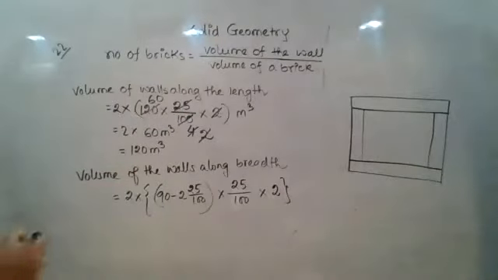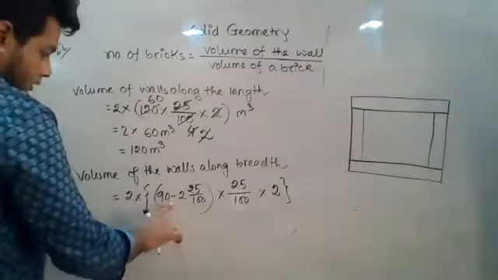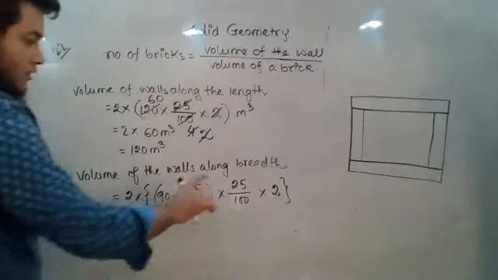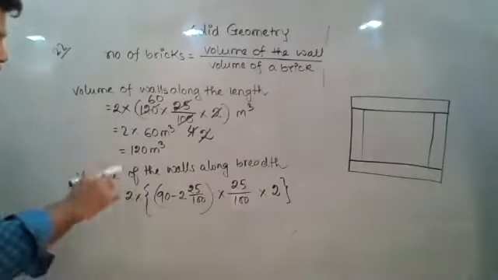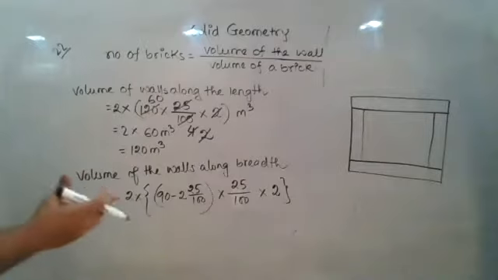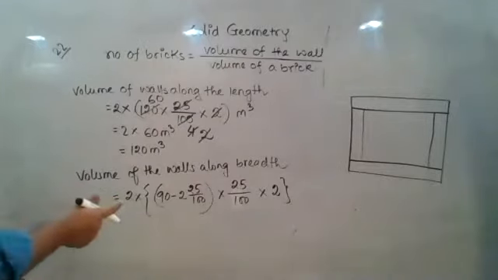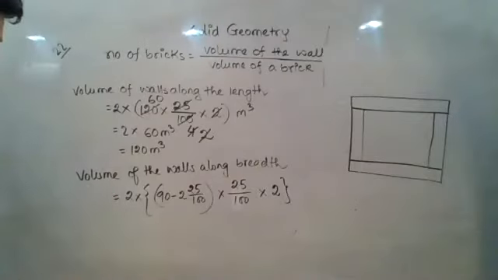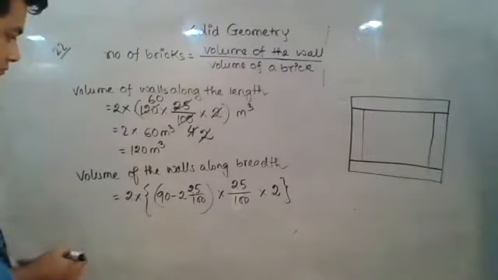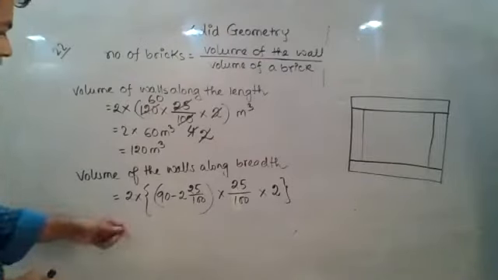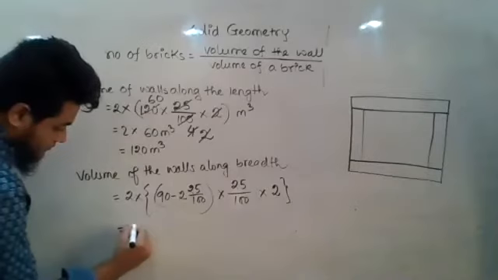So what will be the answer here? It will be 89.5 into 2 into 89.5 into 0.5. So it will be 44.25. Is it 44.25? Then multiply by 86. Is the volume 89.5? Kindly check.